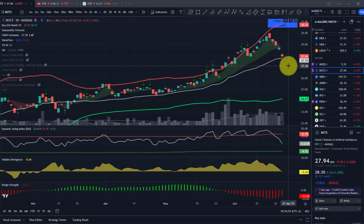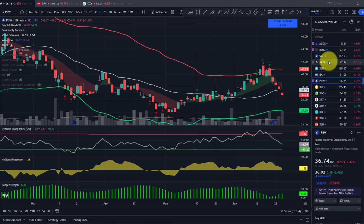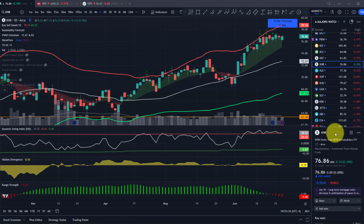Let's see if we can hold above that next week. Same with semis as well, they may test their 50 next week. And clean energy just lost its 50 today. And looking across all 25 plus sectors that I track, it was red in all of them except home builders. Managed to hang on to a little bit of gains here today, but we are